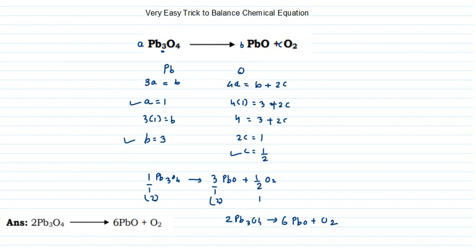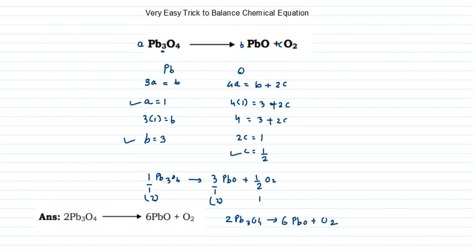Now there is a fraction, so take the LCM. So 2 will come over here, 2 Pb is 4, 3 times 2 is 6 Pb O, plus only 1 is there, so 102. This is your final answer. See,